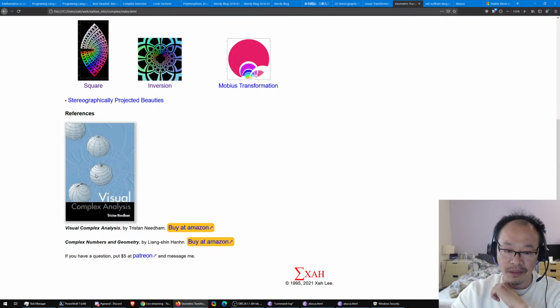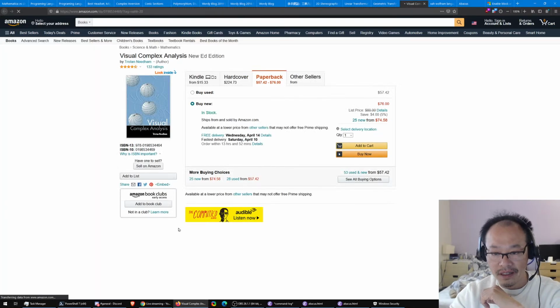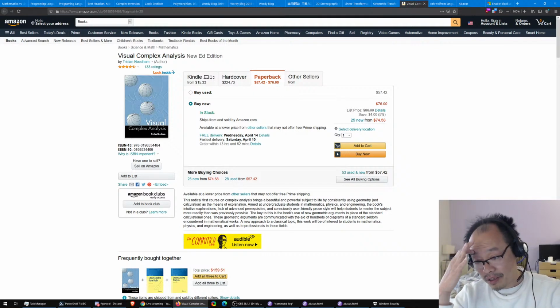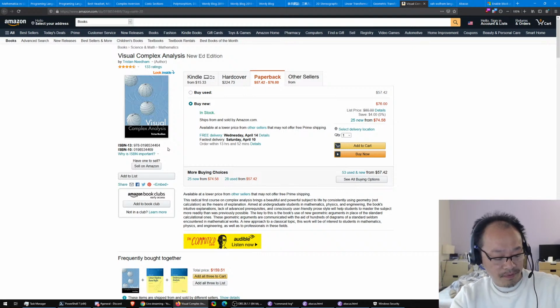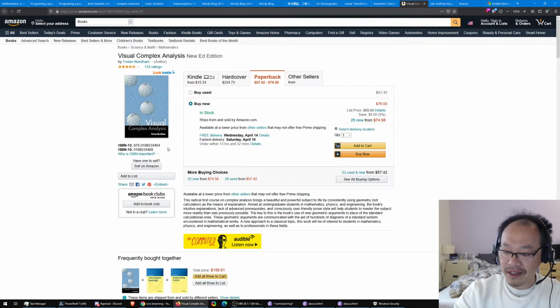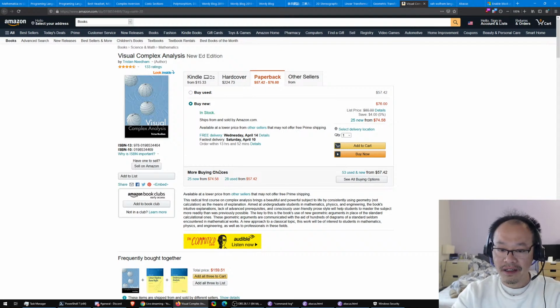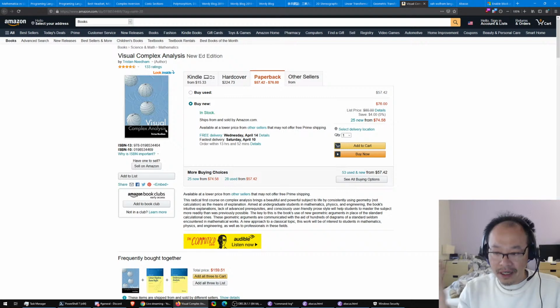Complex analysis, and I recommend this book, Visual Complex Analysis. You go buy it. Now, of course, most of you, my audience, are not mathematicians. You are mostly programmers. So, in order to study this topic, complex analysis, basically you need the prerequisite. You need basic calculus, at that level. You don't exactly need calculus. That's the thing about math prerequisites. Often when you have some topic, there are at least some prerequisites. But usually it's a case that it's not necessary to know calculus to study the subject of complex numbers and geometry involving complex numbers, such as